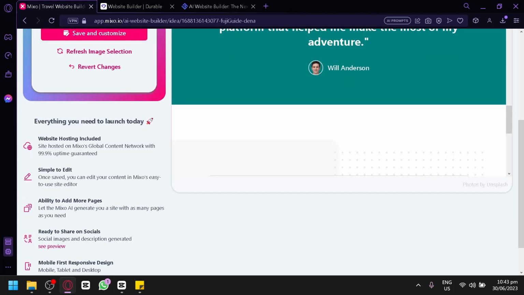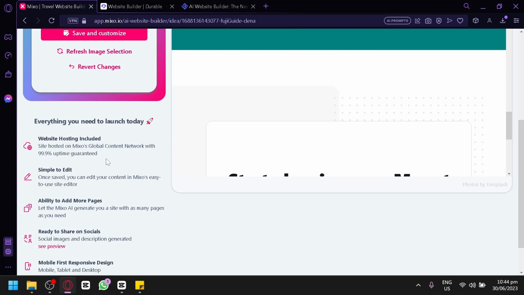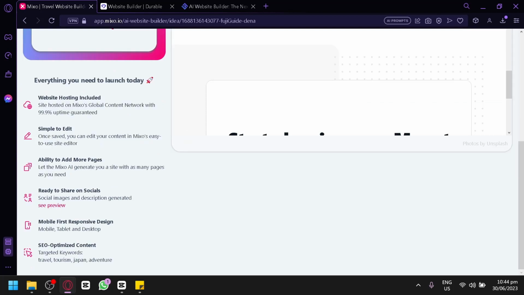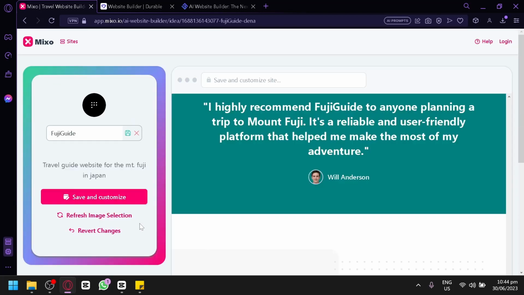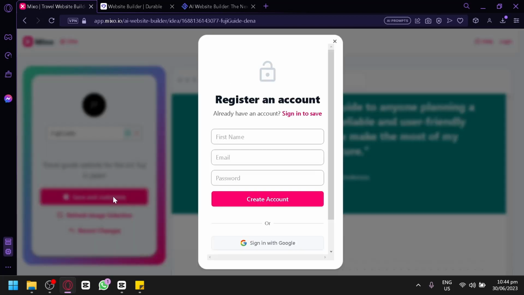As you can see here also, everything you need to launch today, website hosting included. It is included with Mixo's global content network. It is simple to edit. You have the ability to add more pages. It is ready to share on social media, and it has mobile first responsive design and SEO optimized content. So let's see, if you click on save and